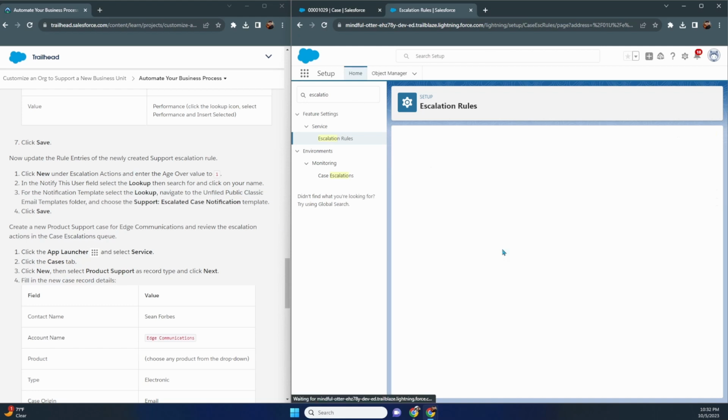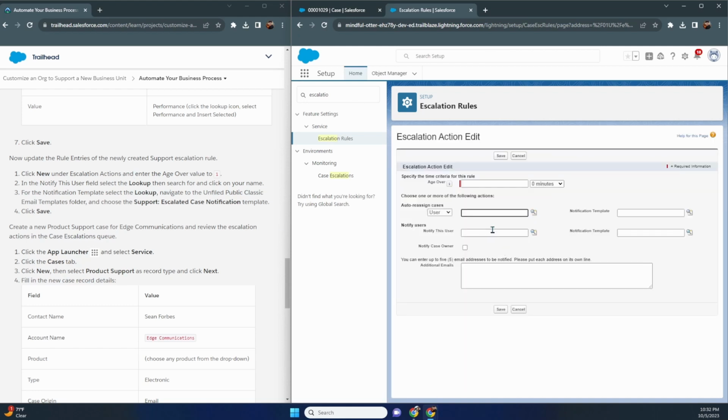Click new under escalation actions. All right. So age over 1. Over 1. All right. This is kind of weird. So you put 1 age over. Right, let's